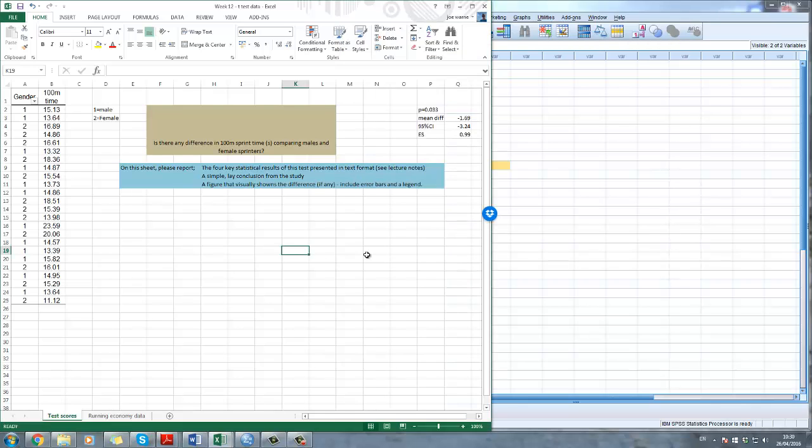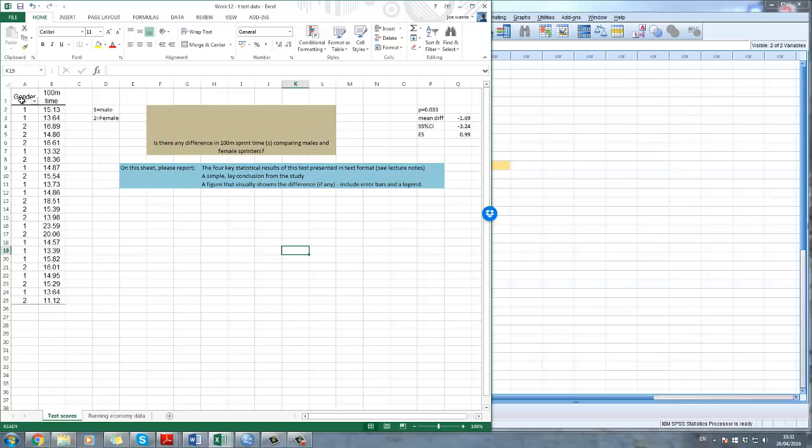Okay, so we're going to run a couple of our t-tests, starting with an independent t-test with the sample data that we have online. In this data, we're asking the question, is there any difference in 100-meter sprint times comparing males and female sprinters? The reason we're using an independent t-test is because we're comparing two different